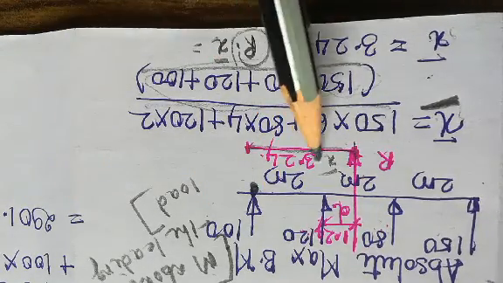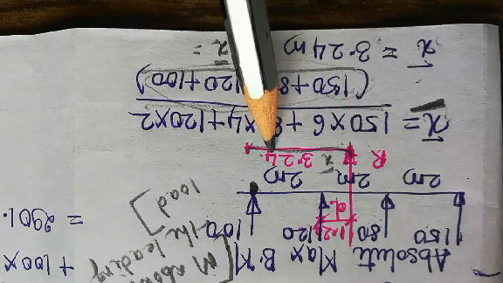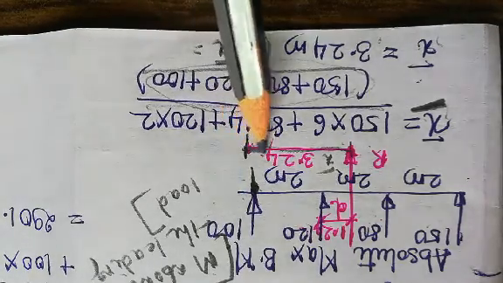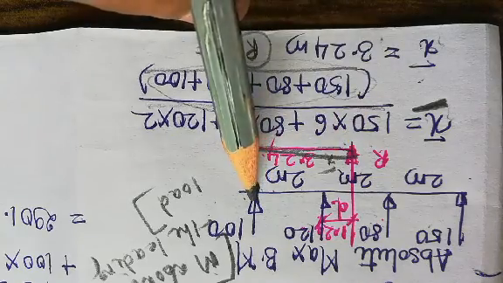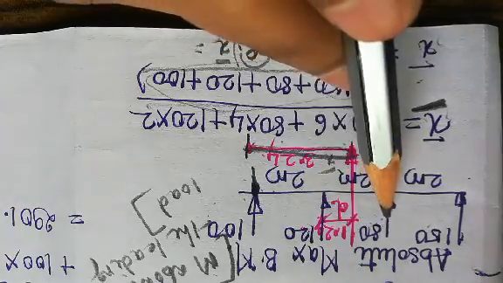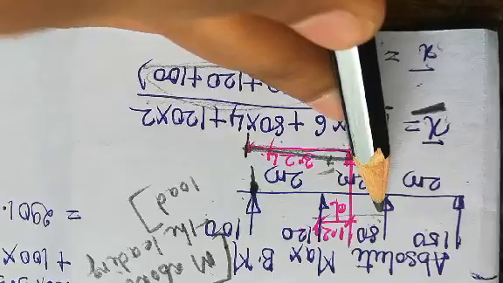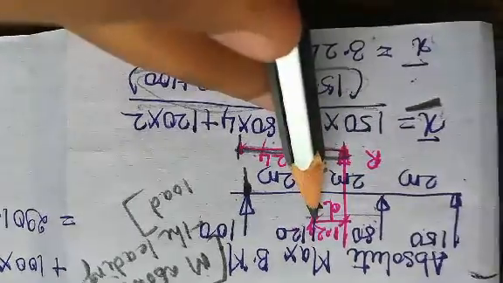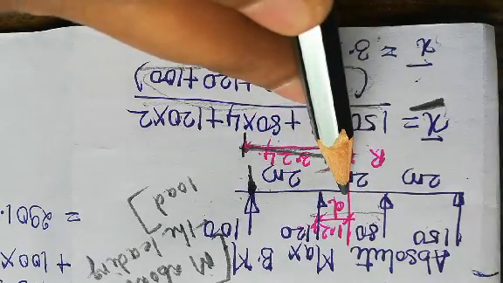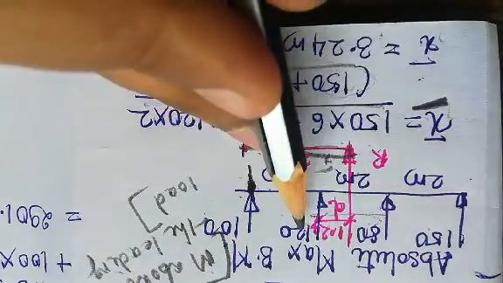Now once you get x bar, it means the resultant is 3.24 meters away from the leading load. So draw the diagram, that is 3.24 away from the leading load. So this 3.24 lies somewhere between 120 and 80 kilonewton. Now we have to find out the position. Between these two loads, we always take the distance towards the heavier load.